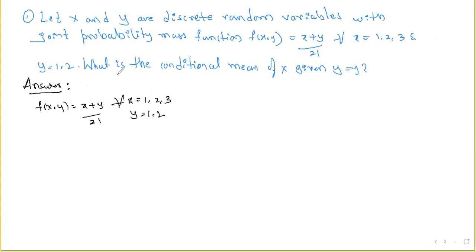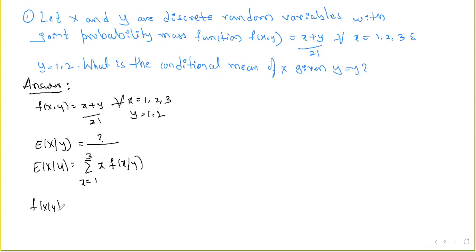Then what they are asking, very simple, they want the conditional expectation of x given y. Our aim is to find out this value. What do we know? The conditional expectation formula, right? So this is nothing but summation x into f of x given y, right? So here x running from 1 to 3 means x equal to 1 to 3. Clear? Then what about this f of x given y? This is nothing but conditional